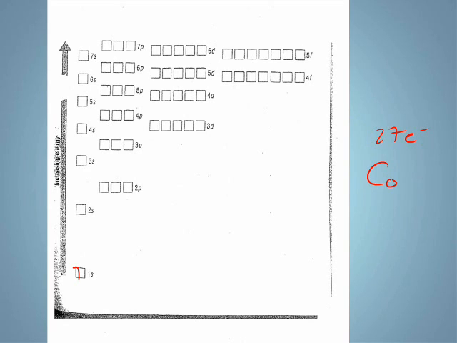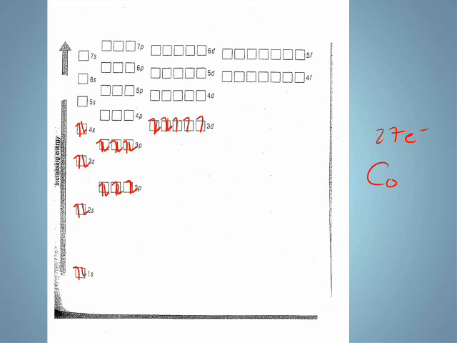So 27 electrons. 1, 2, 3, 4, 5, 6, 7, 8, 9, 10, 11, 12, 13, 14, 15, 16, 17, 18. Now after the 3p we go to the next lowest one. So you have to see which is the next lowest one. The 4s is lower energy than the 3d. That might seem a little odd. Well, shouldn't you go to 3d before 4s? No, because the 4s is lower energy. So we have to go here. Then after the 4s, we go to the 3d, 21, 22, 23, 24, 25, 26,